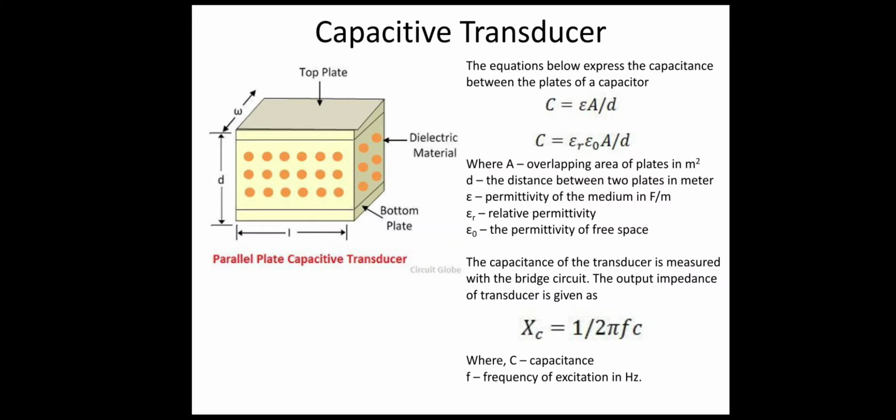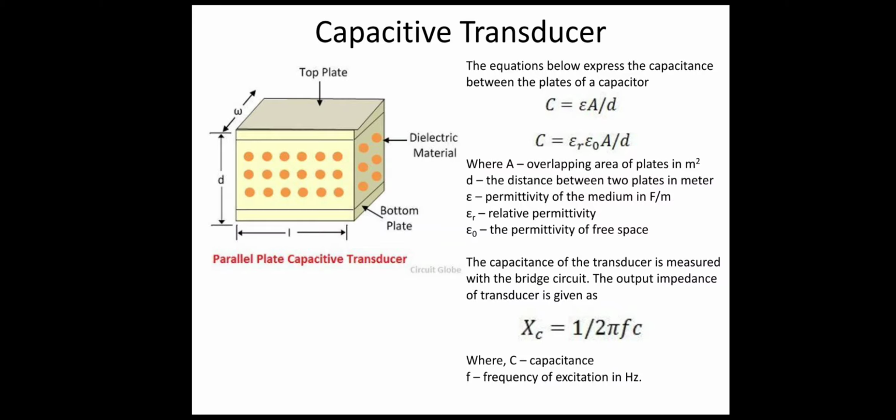So a capacitor sensor can be formed by varying either the separation D, the area, or the permittivity. A displacement type sensor is normally based on the first two, that is the variable distance and the variable area principles, while the variable permittivity principle is used for measurement of the humidity level. That is what we have shown here, the basic construction of the variable gap and the variable area type of capacitance sensors.